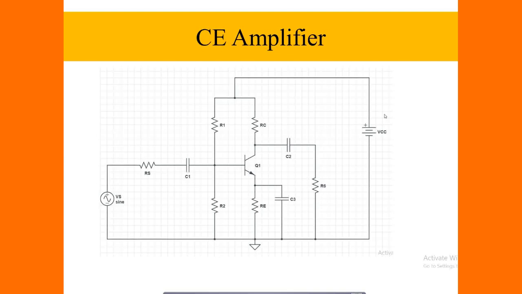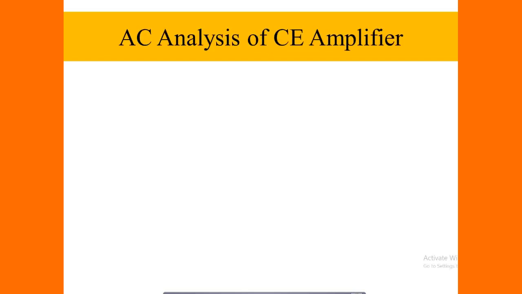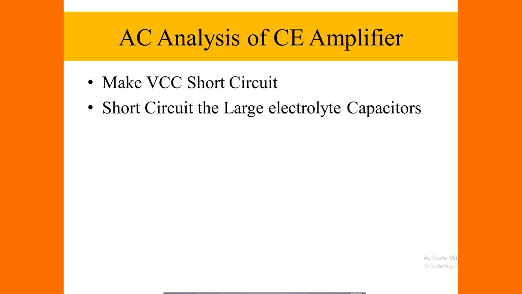Let's consider this common emitter amplifier with the corresponding voltage divider biasing. In order to analyze the circuitry with load, we are going to apply the AC analysis of the common emitter. Initially, VCC is short circuited, connected to the ground. Similarly, the large electrolytic capacitors are also short circuited, and the circuit is modified as